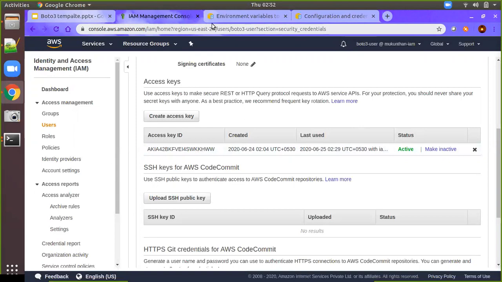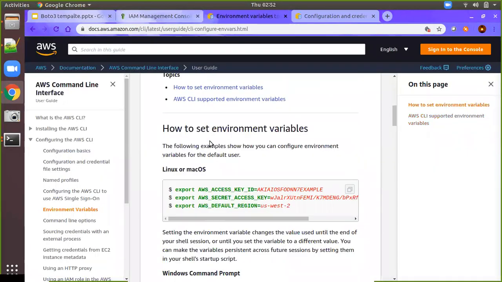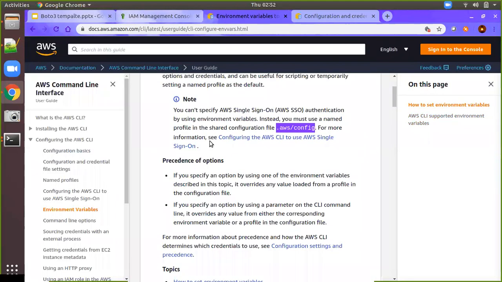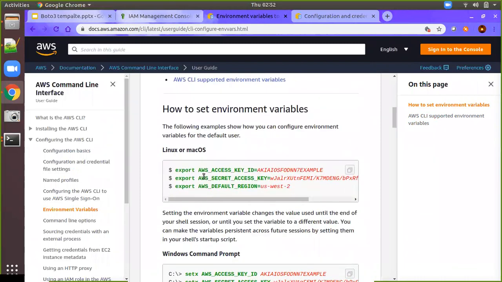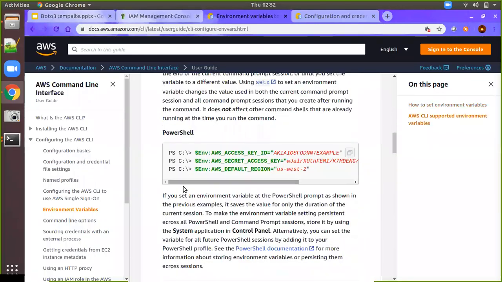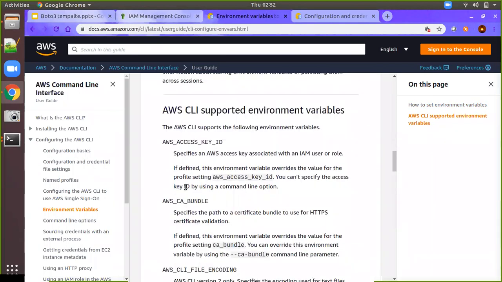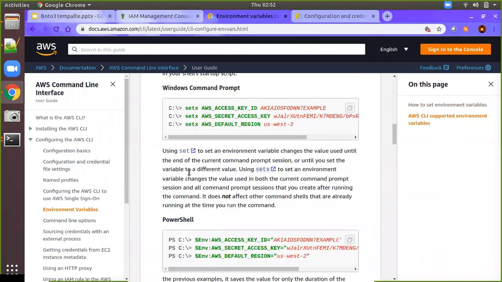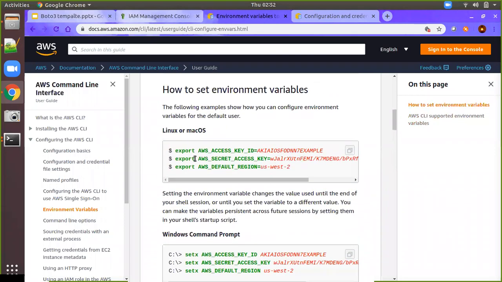Then the next point is what steps we need to do in the console. If you are using the AWS CLI, you just go to the AWS CLI and type aws configure, then you will be prompted to give the access key and the secret access key. So this is the documentation URL. I will share this URL in the description as well. You can use anything, for example the AWS CLI, or you can use PowerShell, or you can use the command prompt in Windows. I am using a Linux environment, so I will be using the terminal here.